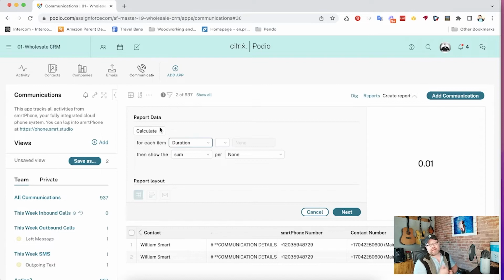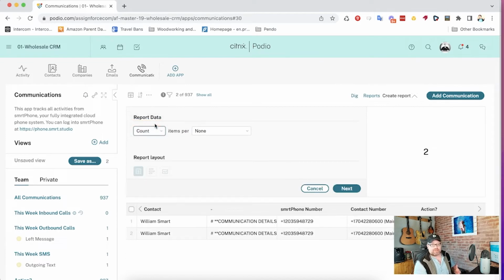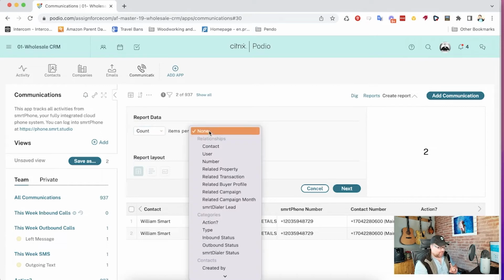For instance, if you're tracking sales or profit, etc., you can calculate the profit across a bunch of items and get a gross or an average, etc. In this case, I simply want to count how many records are happening. Now, the next thing is, well, how am I going to show it? Am I going to show it